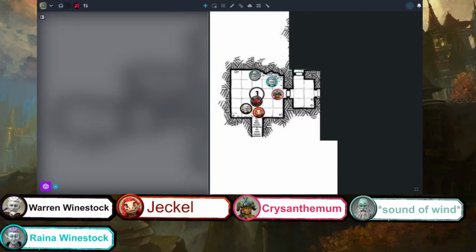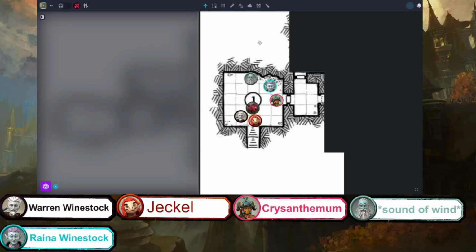Do you have dark vision? As an elf, no. Yes, you have 60 feet. Where would I find that? So on your sheet, there should be a place that says senses. It has your passive perception, investigation, and insight. Under that, it says dark vision, but it should also be in features and traits somewhere.